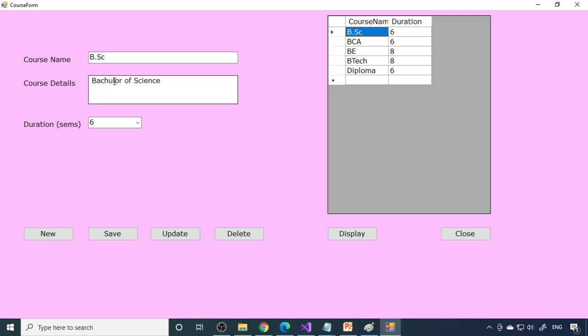Now BSc, Bachelor of Science, 3-year course. So you can say update. Now the record is updated. So click another record and go to BSc. You get 3 years course, it will be there. So that's how we can update the records. Whatever data is already there, we are able to update. Even your course name you can update here, but for that you need to add one more column and the corresponding value.